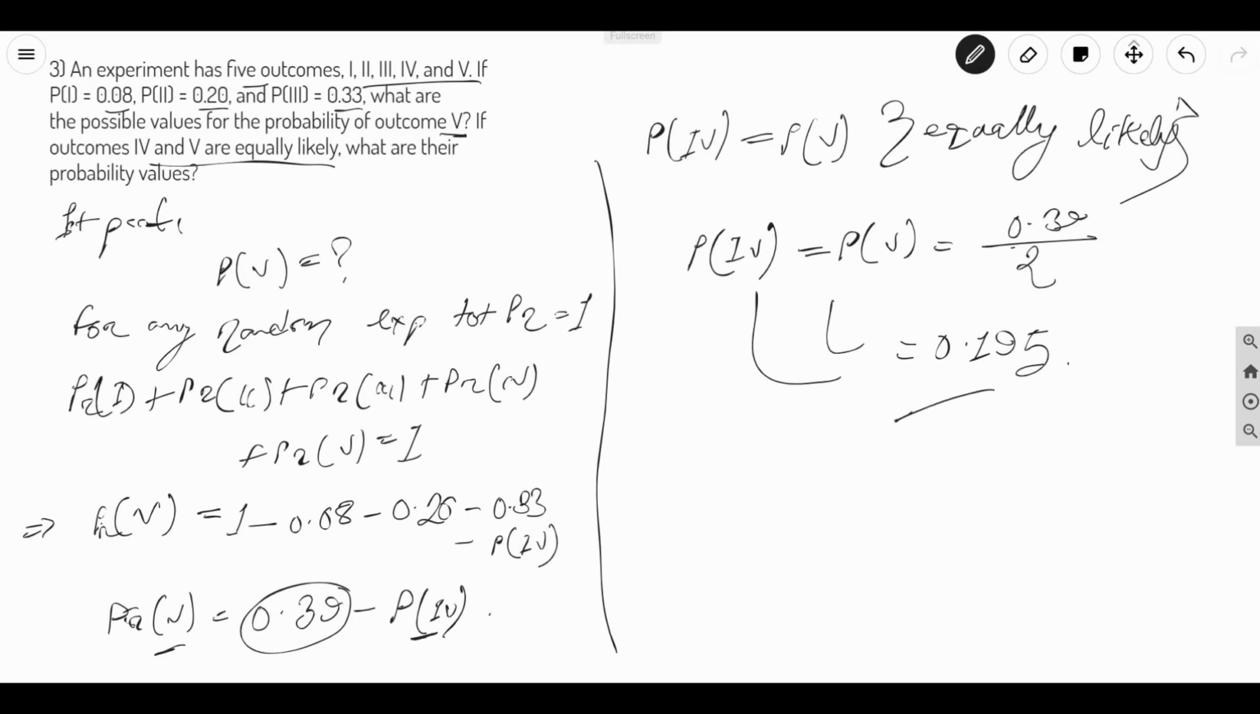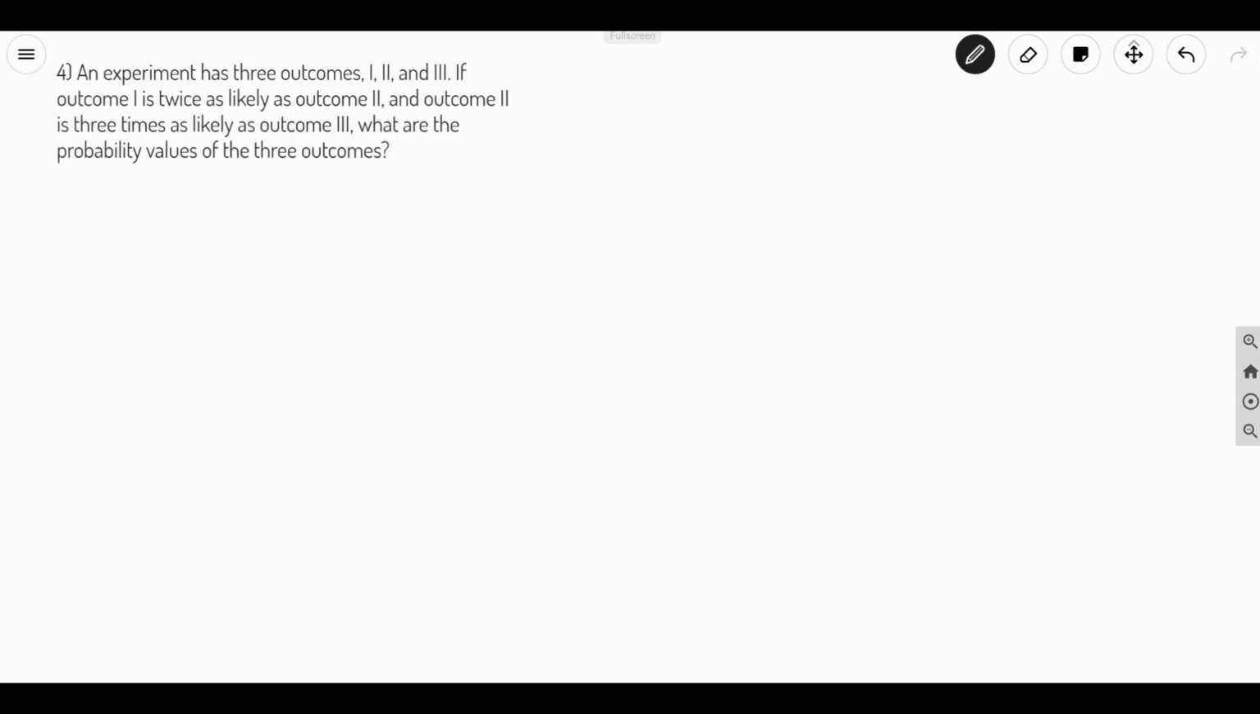That's it. Now the fourth and the last example of today that we have is this one. An experiment has 3 outcomes, 1, 2 and 3. If outcome 1 is twice as likely as outcome 2, this is our condition, and outcome 2 is 3 times as likely as outcome 3, what are the probability values of the 3 outcomes? So in here we are not given any values directly, but we are given the conditions to help us find out the values. So at first, let